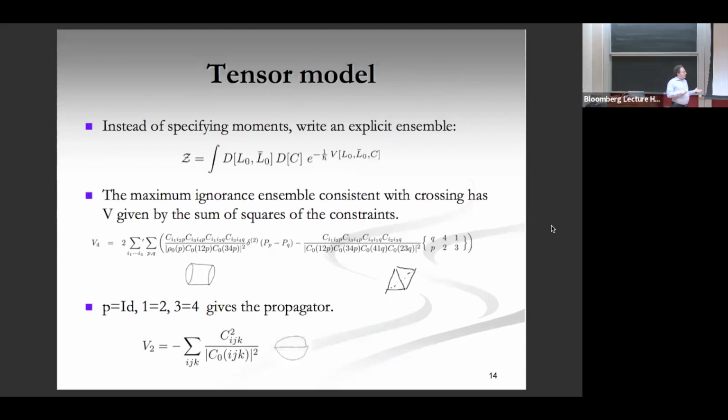So the potential for this tensor model has this form. Here I wrote things in terms of L0 and L0 bar, rather than delta graded by spin, which is maybe more natural if we think in terms of plugging in the leading density, since the leading density is factorized as a function of weight H and weight H bar.